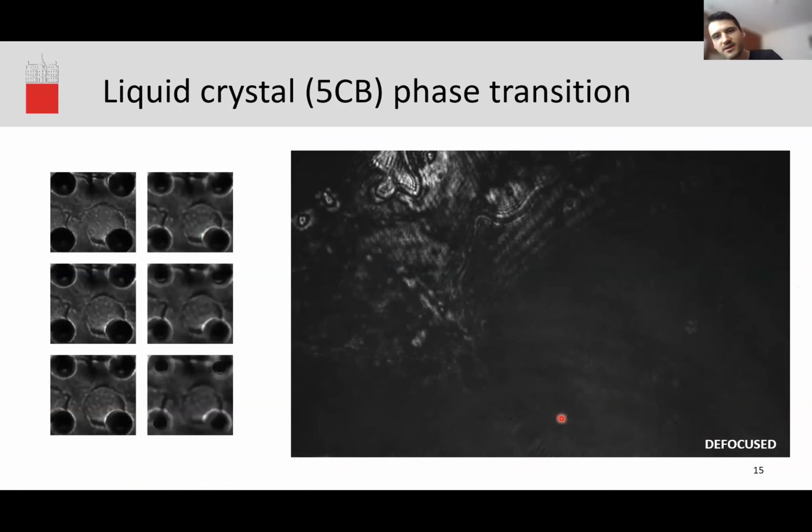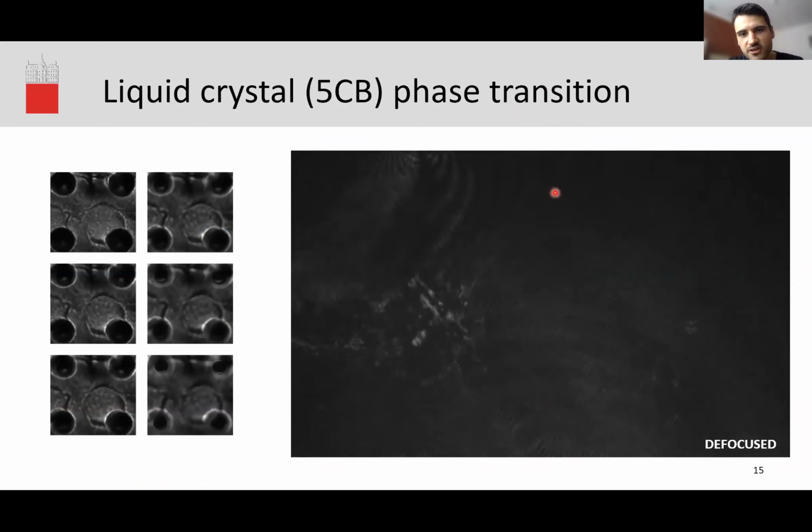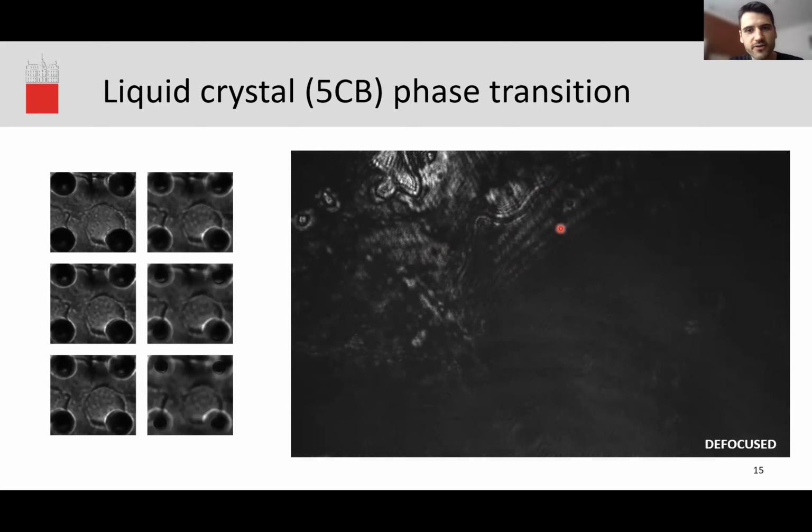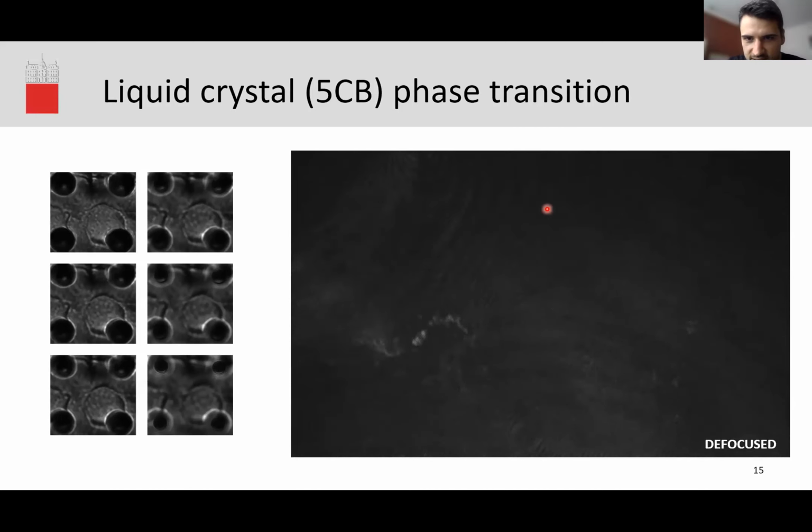Okay, and finally, I would like to show a third example, which is really useful when using digital holographic microscopy, and that is for observation of dynamical processes. So this image here shows a phase transition of a 5CB liquid crystal from isotropic to a nematic state. So first we have just an empty black image in cross polarization, and then when the phase transition happens, we get these disclination lines, but